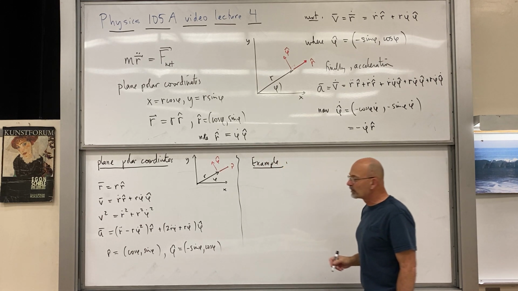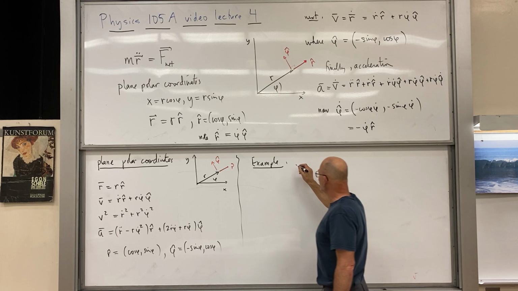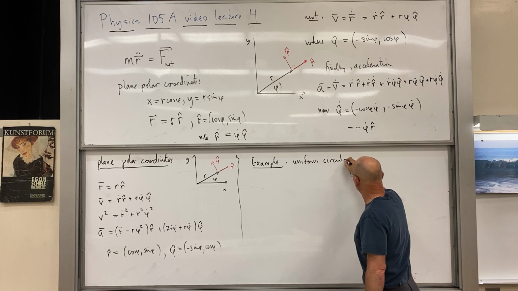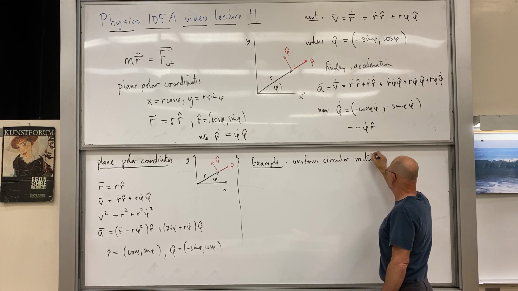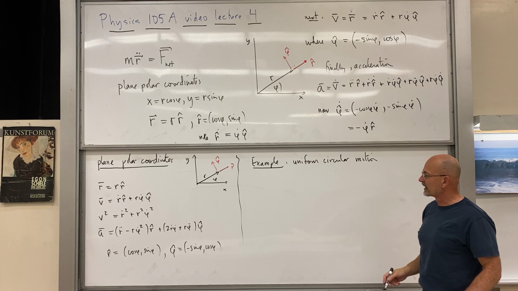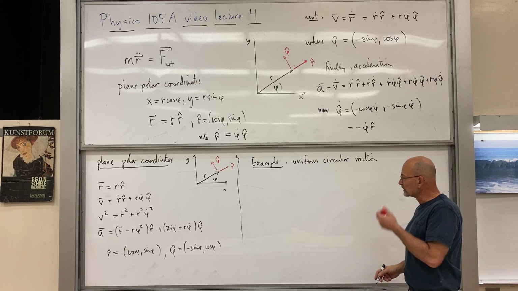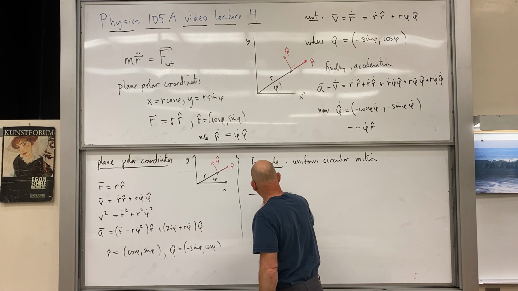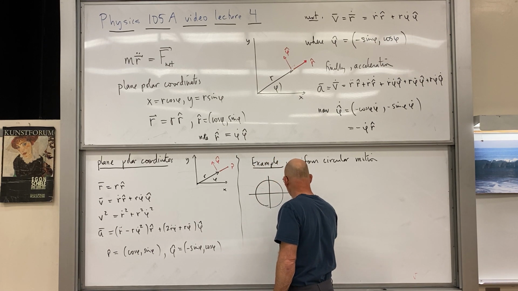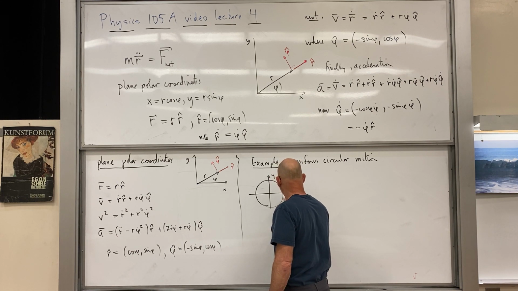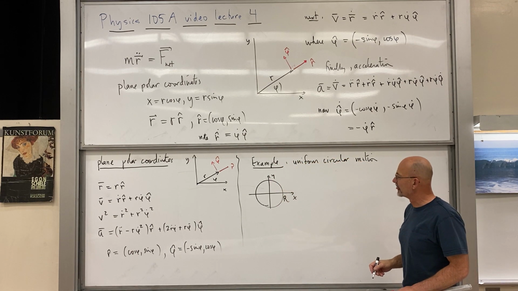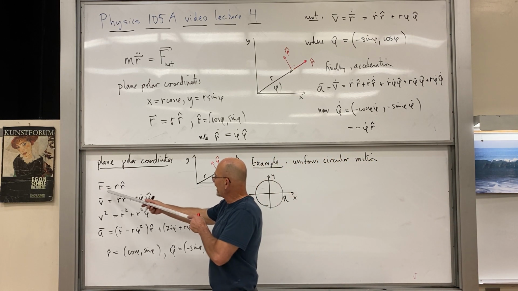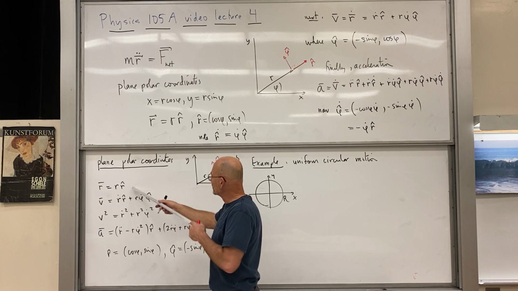is just uniform circular motion. So uniform circular motion is something we've all studied, and this formalism is just made for it. So when we have uniform circular motion, since we are on a circle, I could say of radius capital R, just to be concrete, then the radius vector, of course, is just going to be capital R times r hat,